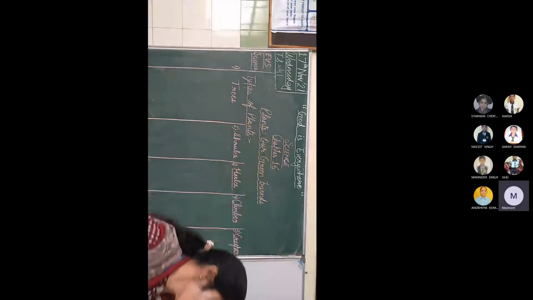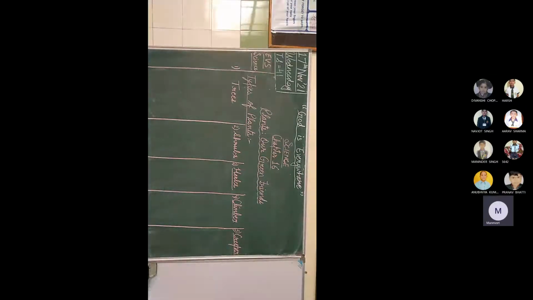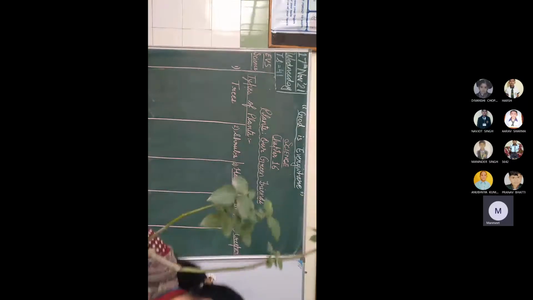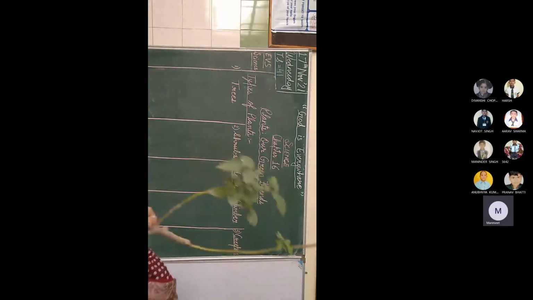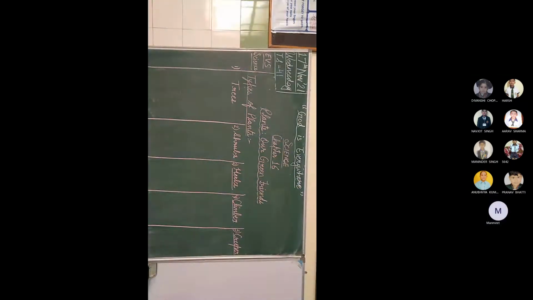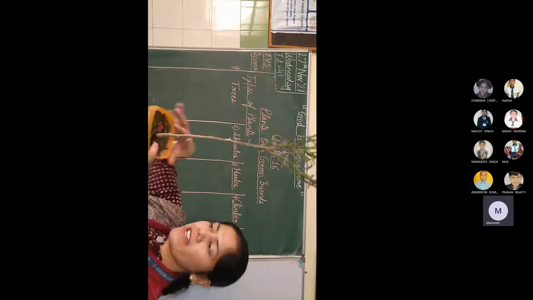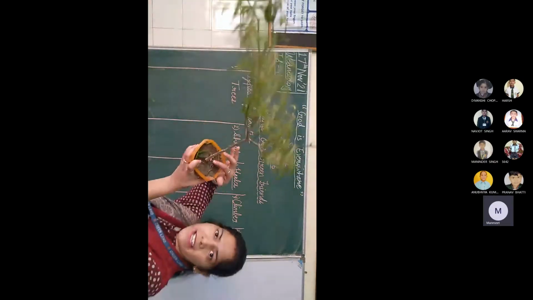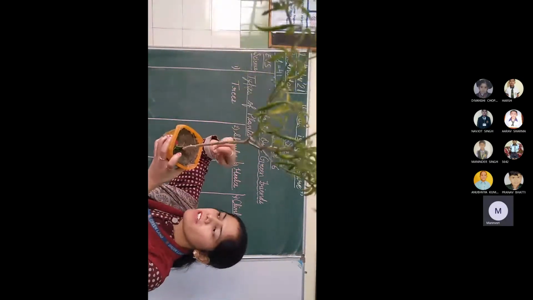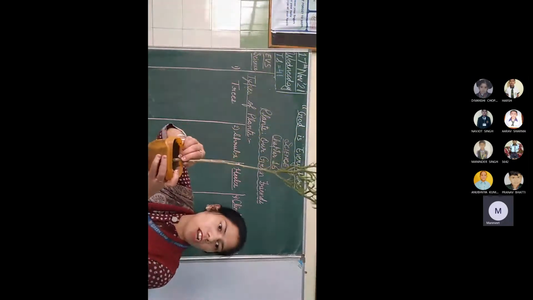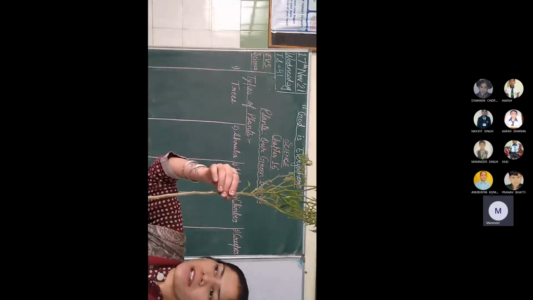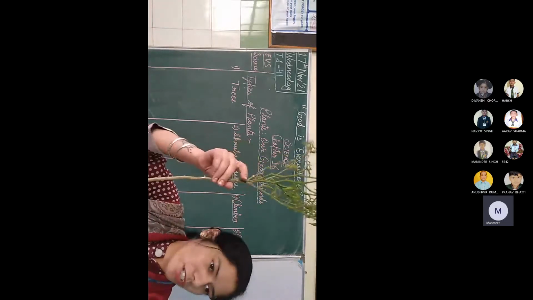Okay. Now, I am going to tell you one more thing we studied yesterday, that a plant is divided into two parts. That is your root and shoot. The part which is below the ground. See in this, we have the soil here. Can you see this? This is your soil. So the part which is below this, it is called your root. And this part which is above the ground, it is called your shoot.